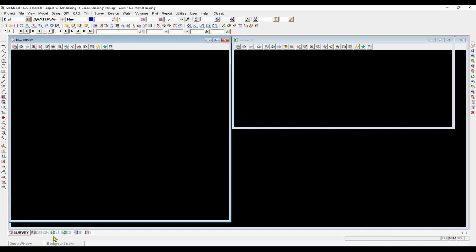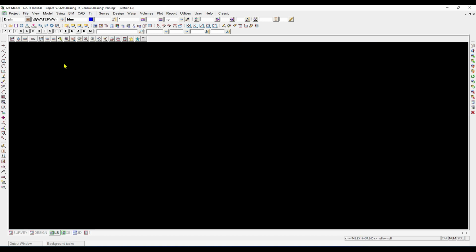For example, if I go to the long section view or a section view and expand that out, down the bottom, LS is our section view. That's highlighted so we know that's the active view that we're in. And if you go to the top of the black area, which is our view area, you'll notice there are some tools, and these tools are different to what we had in our plan view. That's because these view tools are specific to each view type, or each view that you have open. I can go back to my plan view now, and we can carry on